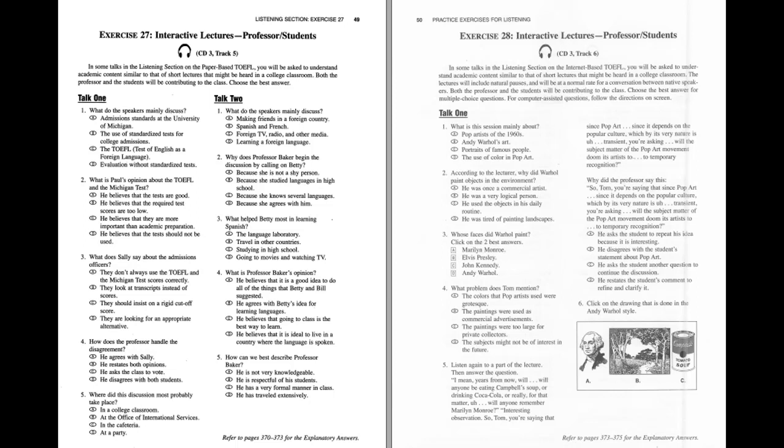So do I, but I don't believe that it's possible to take advantage of practice opportunities without some knowledge of the language first. Sure. First, it's a good idea to study grammar, vocabulary. And listening, perhaps even reading. Then practice is very, very helpful. Number 1. What do the speakers mainly discuss?